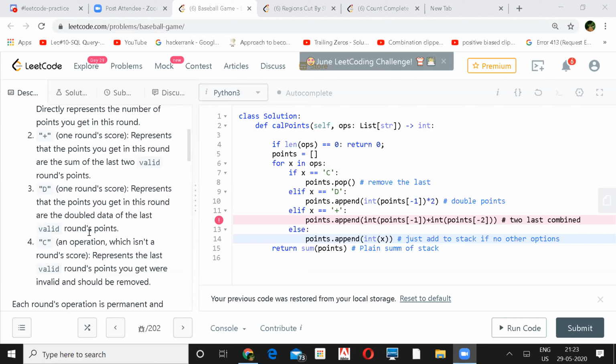Am I right, I guess? Yeah, internally it will take order of n. So we can still optimize it, right? Means we can go with only one loop. For x in ops, we can initialize one variable sum equal to 0, and in the loop only we update the sum, so that we don't have to call sum of points. Yeah, sum plus equals.